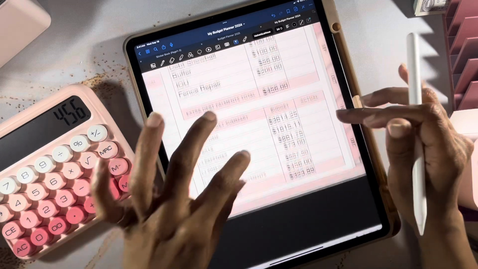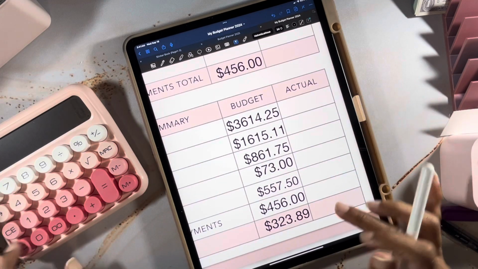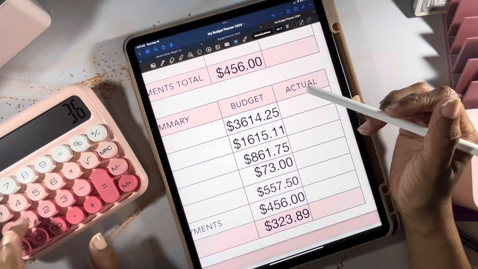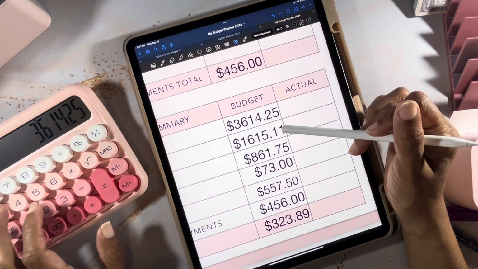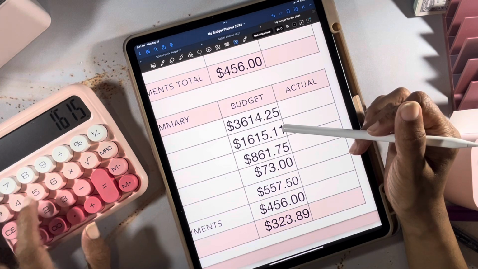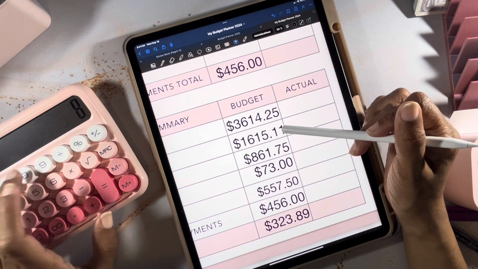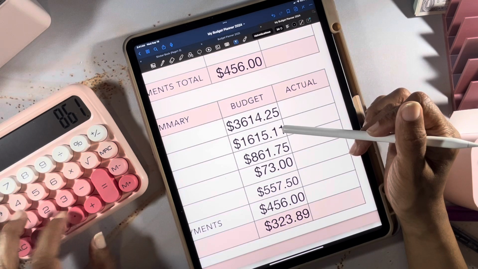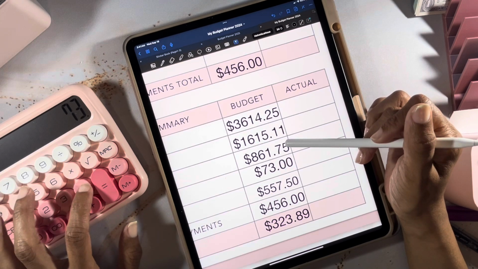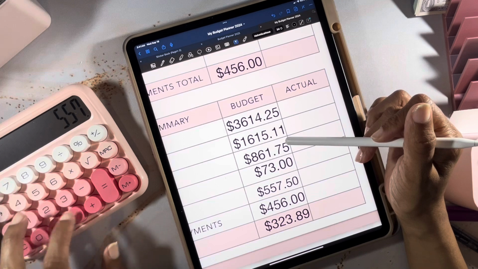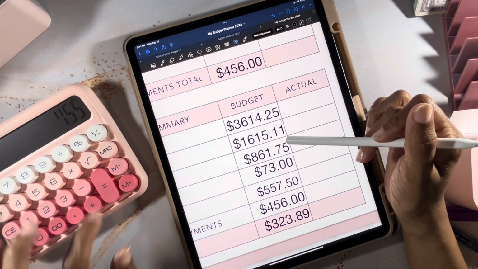All right, so now let's see if this equals to 0 now. So 3614.25 minus 1615.11 minus 861.75 minus 73 minus 557.50 minus 456 equals,